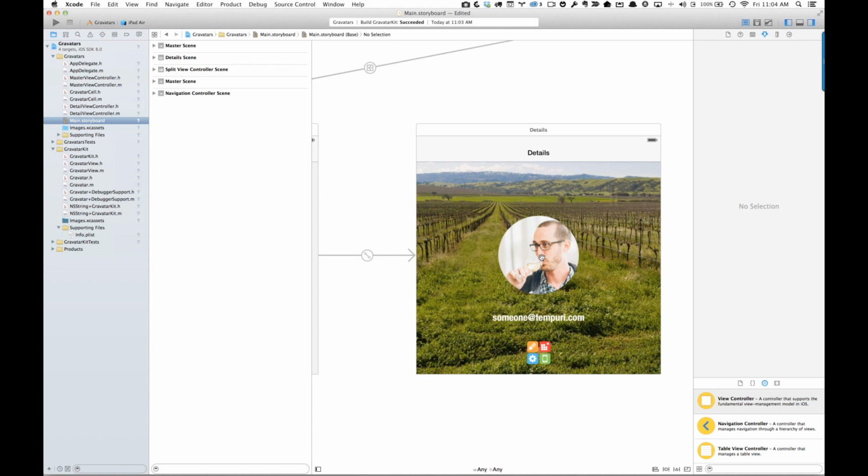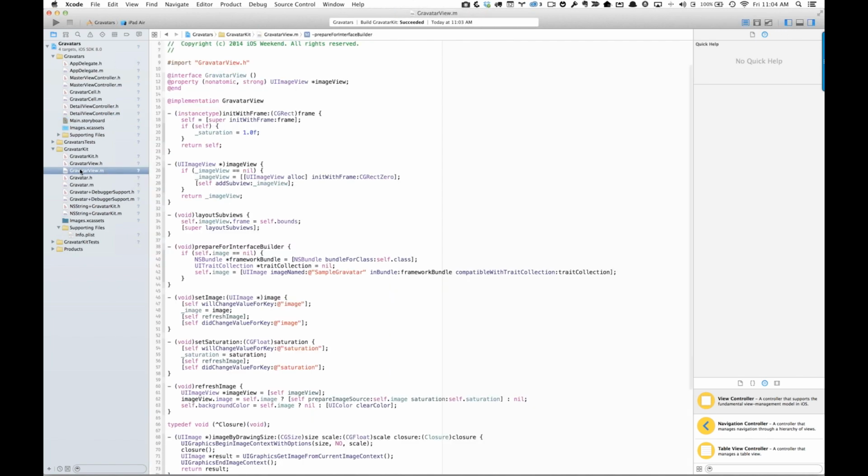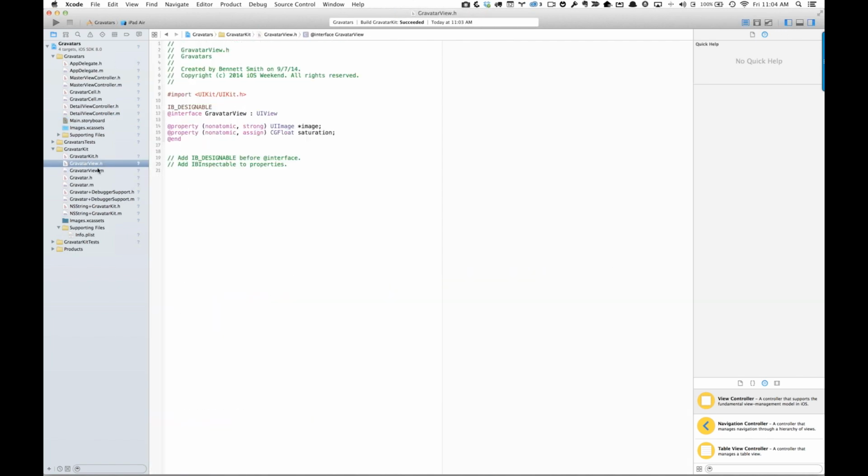Maybe our designer gave us some sample images that are supposed to be part of our app or something like that. We might like to change this. So there's a way we can do that now as well. If we go back over here to our Gravatar view header file, I've got a property here for the image and a property for the saturation, and each of them can be exposed to Interface Builder. If we take this IB inspectable and we add it